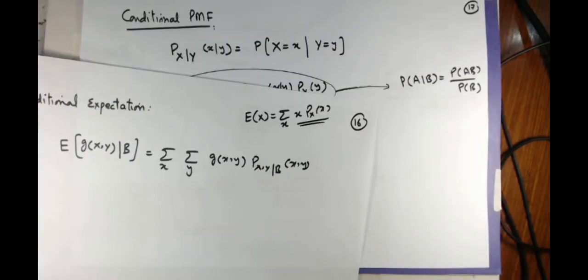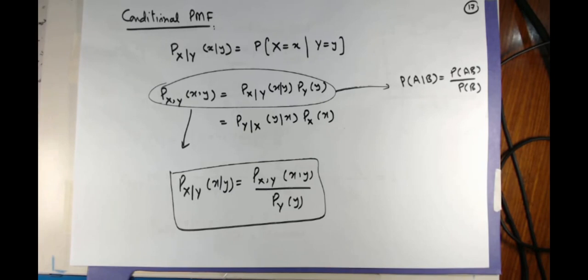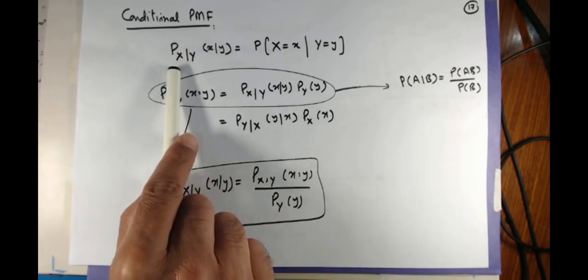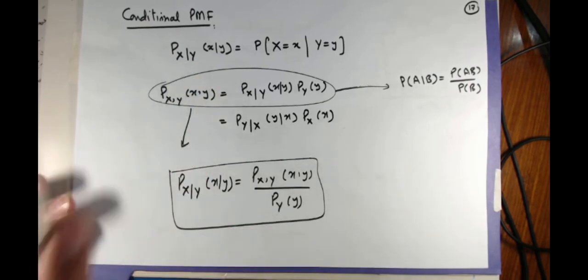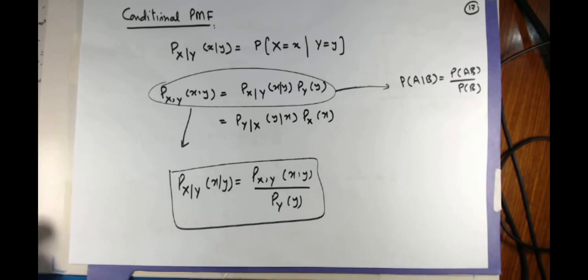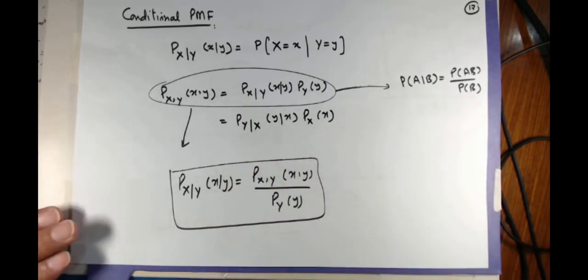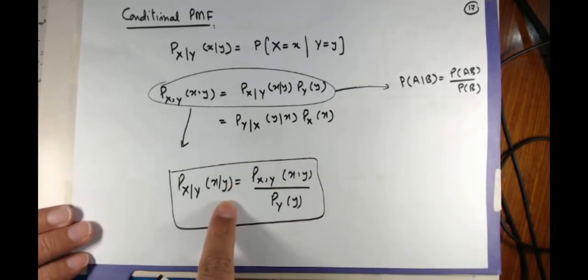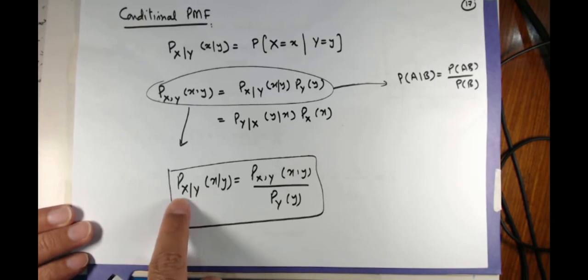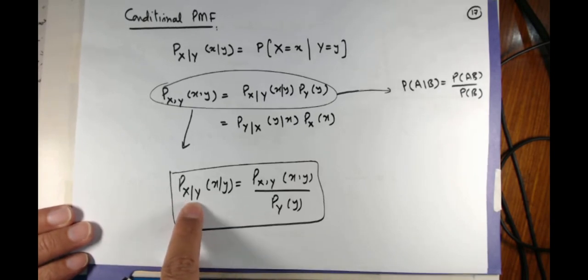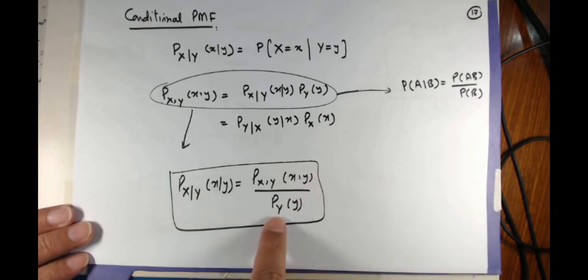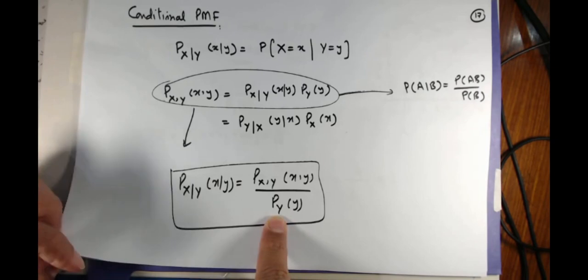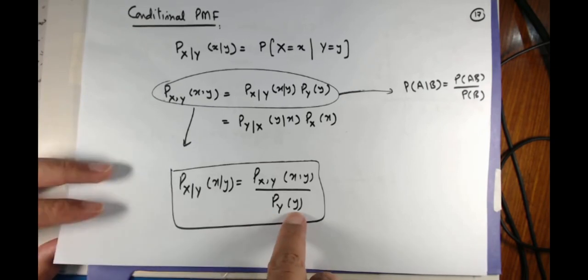Okay. Then we took another twist and noted how we can find the conditional PMF of a random variable conditioned upon another random variable. So this is what we mean by that. And ultimately we noted through all this process that this can be written as such. The conditional distribution of x given y is simply the unconditional distribution divided by the probability of random variable y for a particular value.